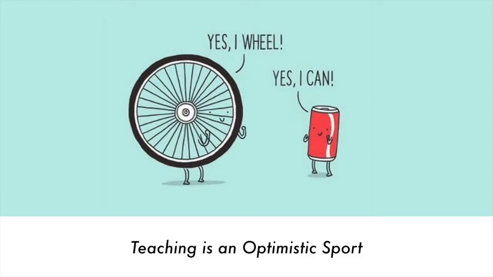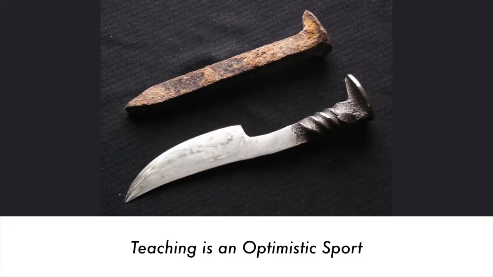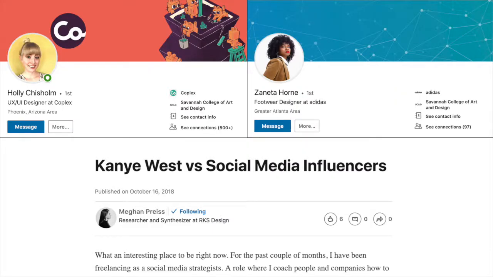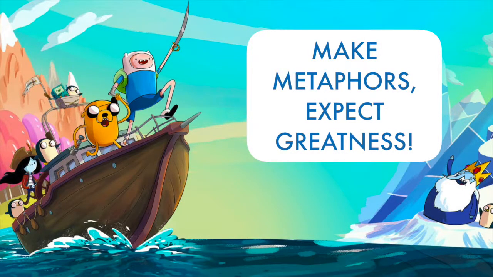We don't sharpen blades so they can be immediately returned to the knife block. And teaching is an optimistic sport. Part of this abundant optimism is we see the knife, not as it is, but as it will be. If knife-worthy material can come from the unlikeliest of places, a lawnmower blade, a wrench, a railroad spike, why should anyone limit where their tool ends up? A ton of effort, time, patience, and perseverance goes into crafting a student. And it's a distinct honor to see what they accomplish when they put their edginess to use. So get out there, make your own metaphors, and expect greatness out of yourself and your students.